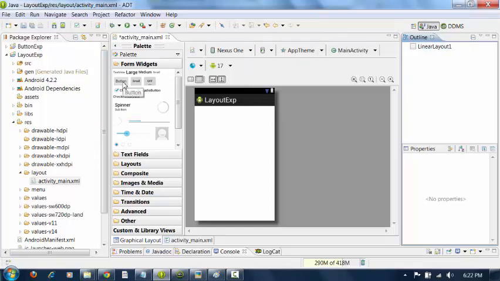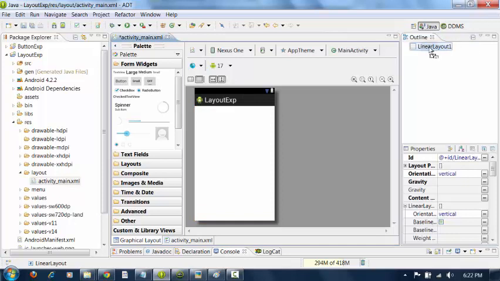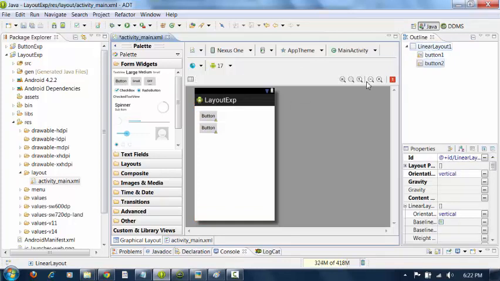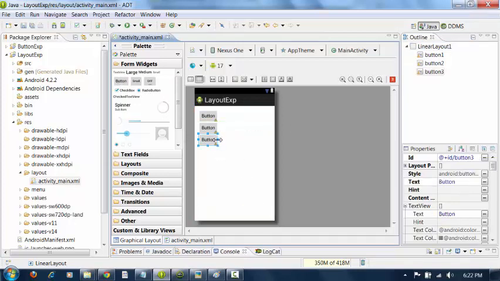Now try to add UI components to the layout. Okay. Now try to add somewhere in the UI screen, but the component is placed below the previous component.